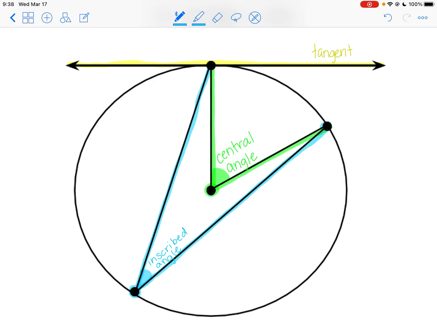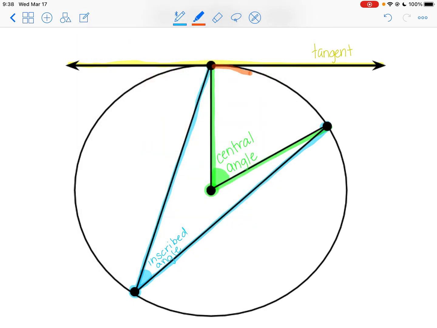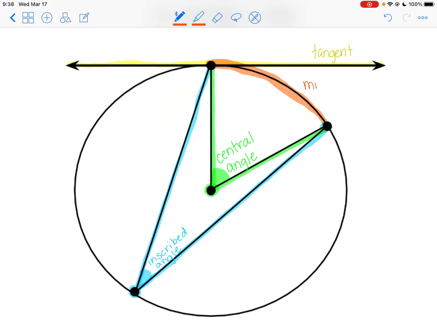So notice that since both of these opened up to that same little piece on the edge of the circle, this is the first arc that we're going to talk about. So arcs are pieces of the circle, not the entire circle, but we're just going to look at one little curved portion of the circle. So this first arc, it's less than 180 degrees. It goes from one endpoint to the other. So this is called a minor arc. So minor arcs are less than 180 degrees, which would be half of a circle, and they would be named